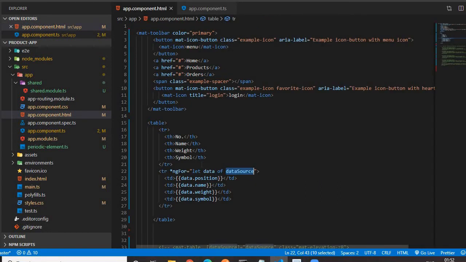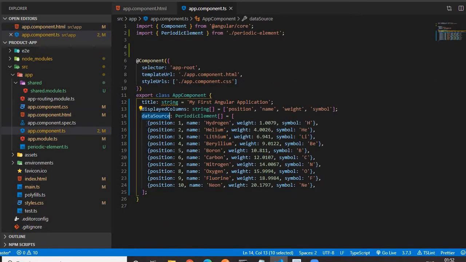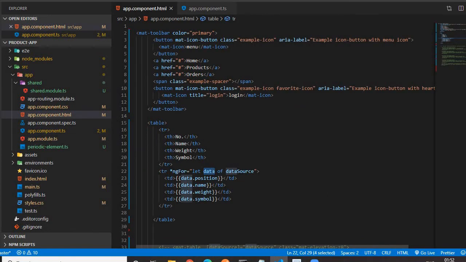What it is doing is iterating over this array, and in each iteration we get an object in data. For the first iteration we get the first object in data, and for the second iteration we get the second object in data. This is a variable of your choice, you can name it as you like. I have named it data. So now this is an object for each iteration. How can we access a property of an object? By using object dot property name.